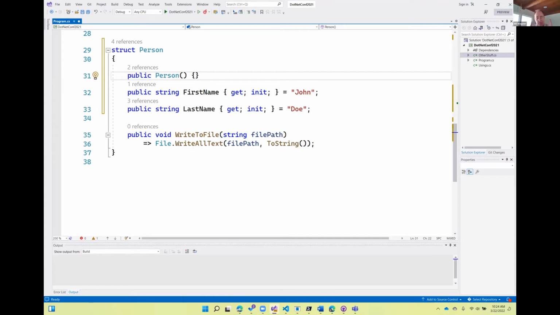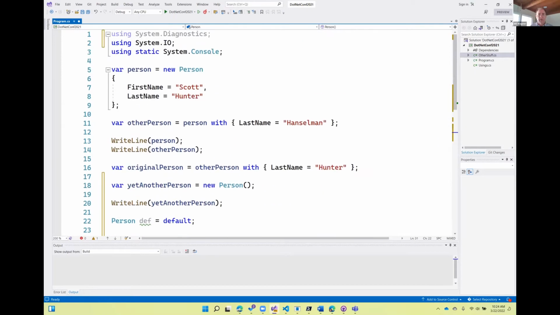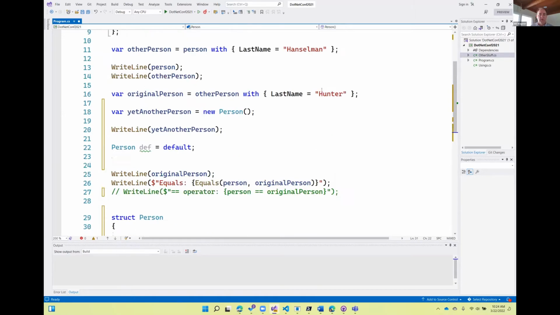In that window between last November and this March, the compiler tried to create a default constructor, and then it ended up not working well because there were too many times with records, positional records, where it just couldn't define it correctly. All right, so that's a lot of what we will do with records and working with records and